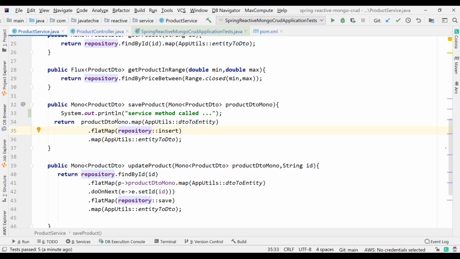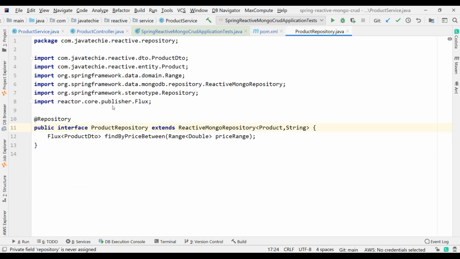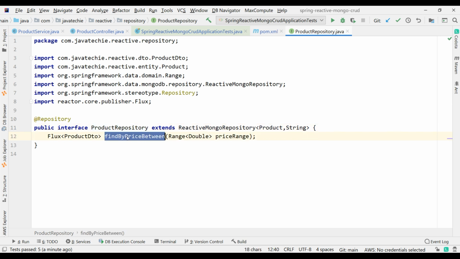Okay, so you can only see the controller and service method call. So how can I show you in this repo? Because this is the interface, there is no implementation, so I cannot write the SOPLN statement. So let's verify in our controller and service. Okay, no, here also I can prove.